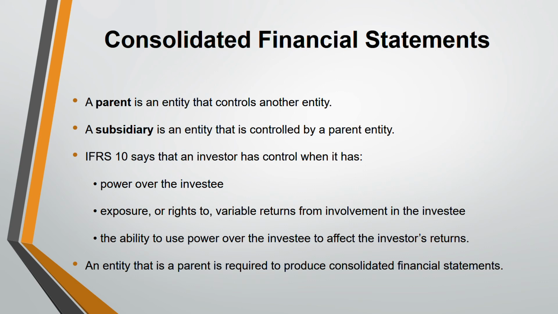The consolidation process itself is dealt with under IFRS 3, but the definition of control is under IFRS 10. IFRS 3, which is business combination, is not only for subsidiaries. Even if you don't have control, it will show you how to calculate. For example, it deals with associates, joint ventures, and many other things. So that's it for IFRS 10.